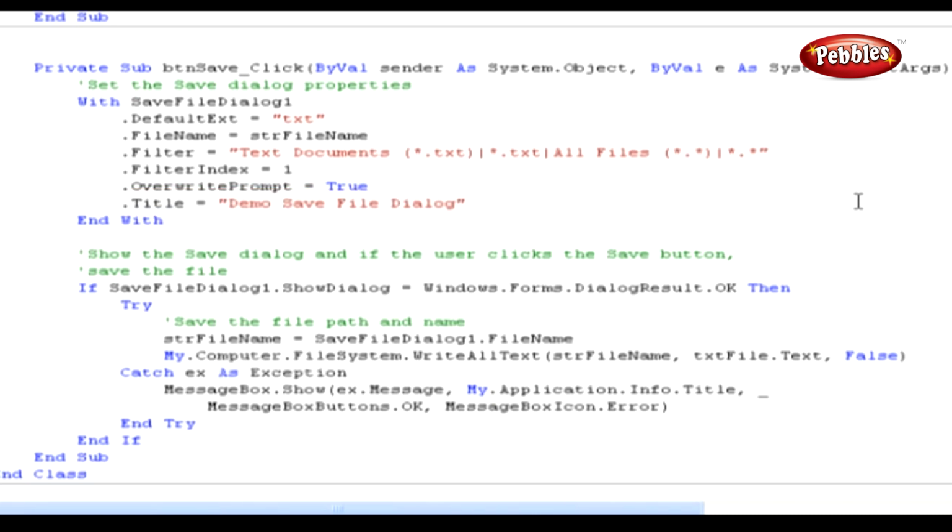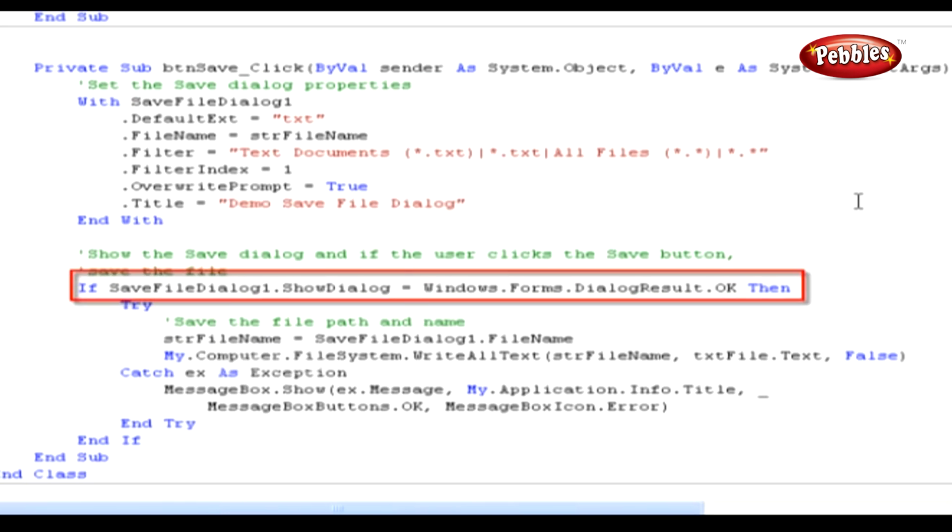After setting the properties, we have to show the dialog box. The ShowDialog method of the Save File Dialog Control also returns a dialog result, so we can use the Save File Dialog Control in an if statement to test the return value. If the user clicks the Save button in the Save File dialog box, the dialog box returns a dialog result of OK. If the user clicks the Cancel button in the dialog box, the dialog box returns a dialog result of Cancel. This code snippet tests for